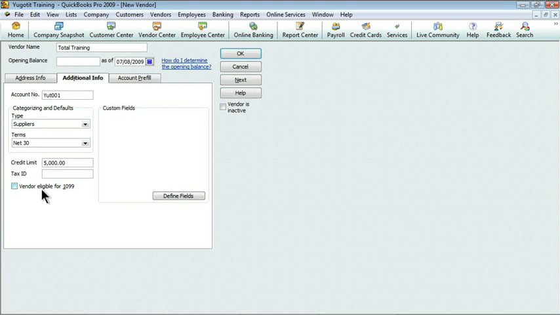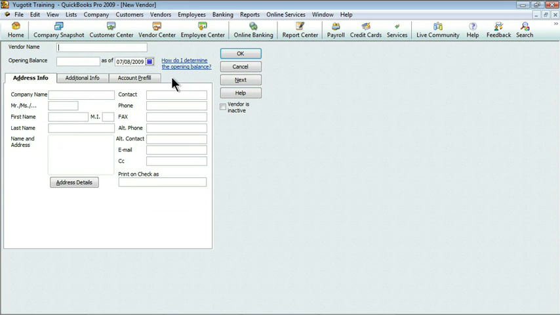Either one would work. That's all I need to do for my vendor, but I want to do one more, so I'll click Next. That way I don't have to open the form up again. And this is going to be UCERT. Even though I spelled it the same way, it is not related to the training company. We're just trying to use names that aren't taken by anybody else. We don't have any opening balances. This is actually the company I'm going to use to purchase my vouchers from. Since you've already seen most of these fields, I'm not going to go ahead and go through them all. I'm just going to click OK,